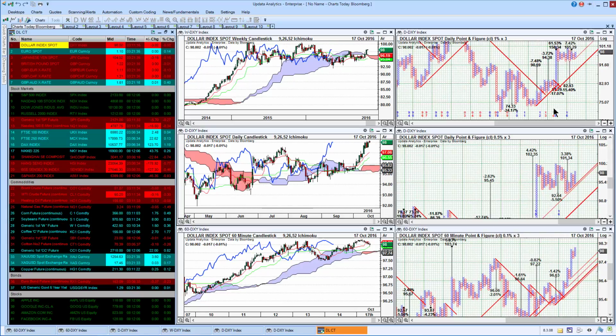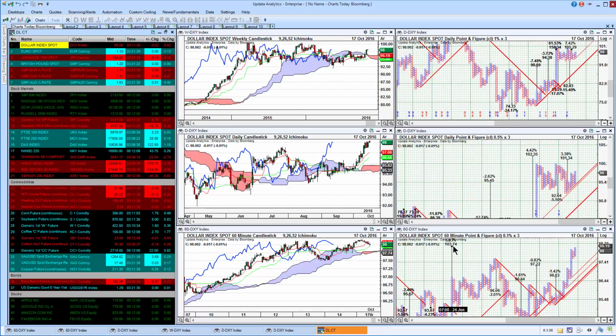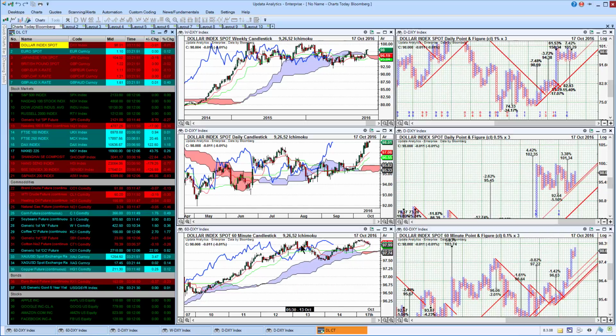So we can see we've got some medium-term targets. Nothing really to call for on the short term, although this target of 103, which would take us to a new high on the 60-minute, is showing through. So the dollar really showing some strength at the moment. Did just pull back a bit at the end of last week, but the reality is that the dollar is